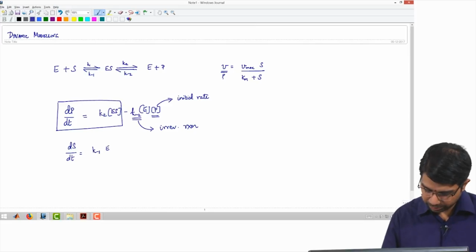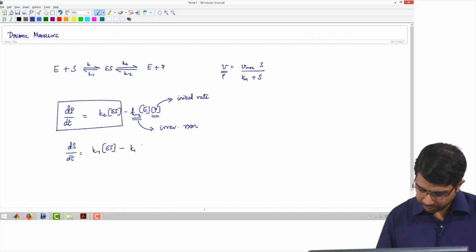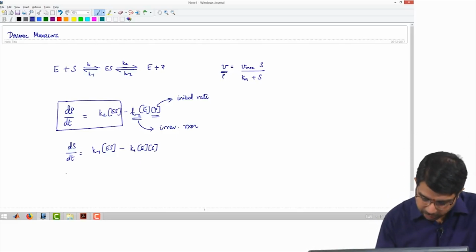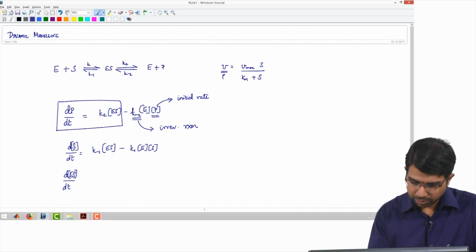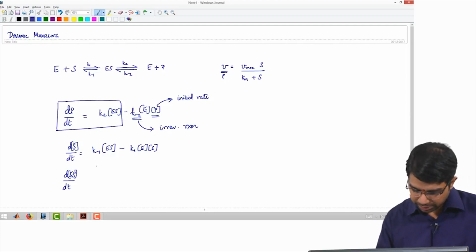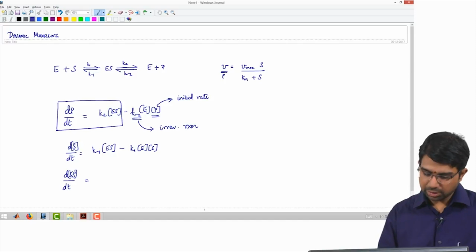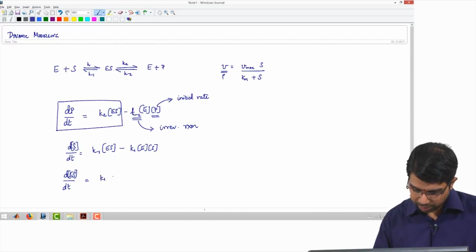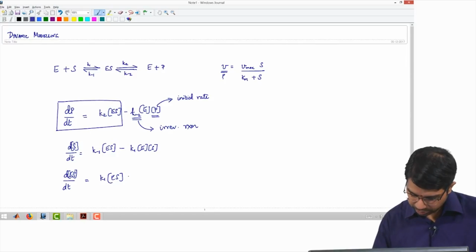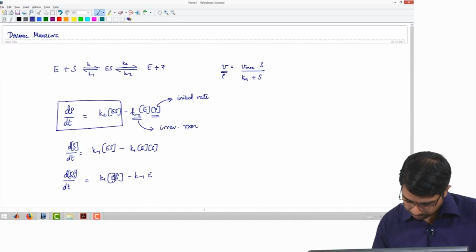It is K minus 1 into ES minus K1 into E into S. And dES by dt? dES by dt will be a little more complex. So, it is going to be K1 into E into S minus K minus 1 into ES